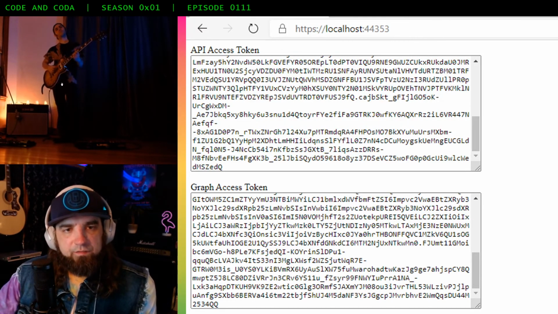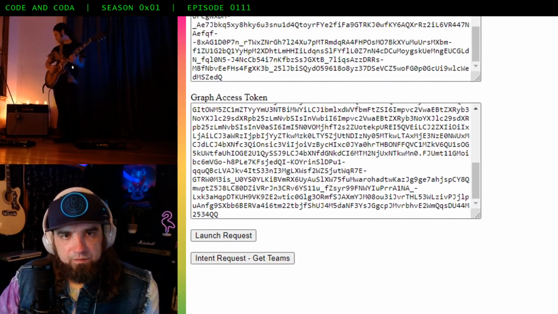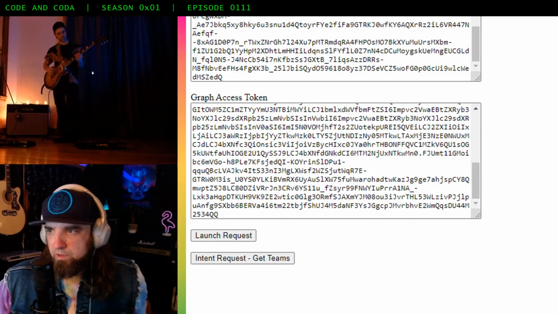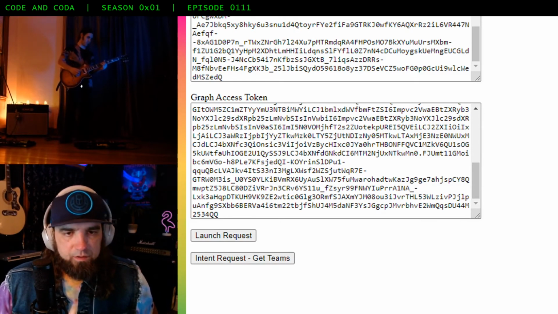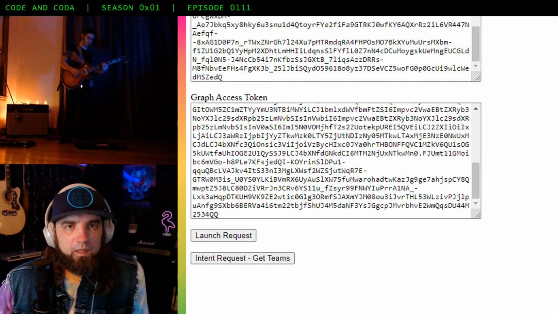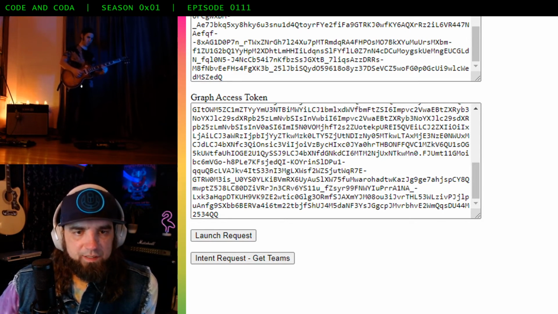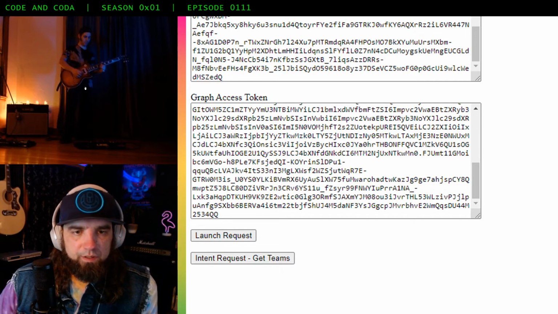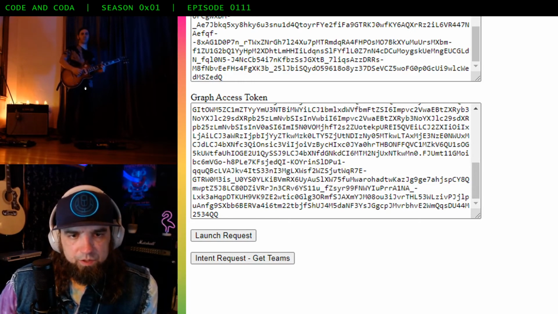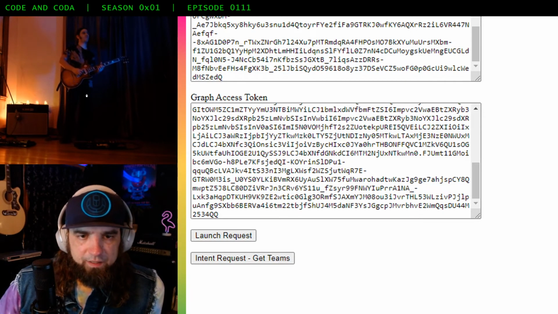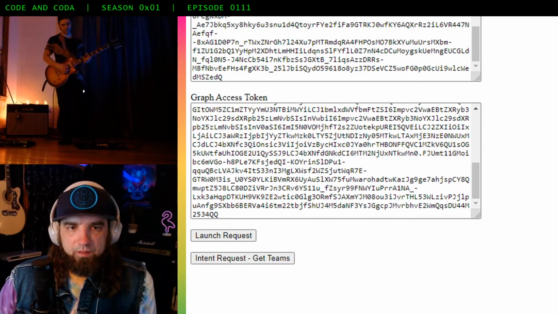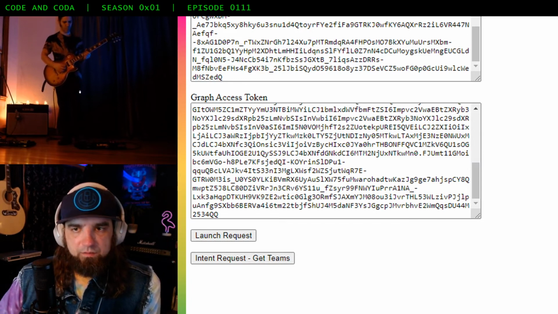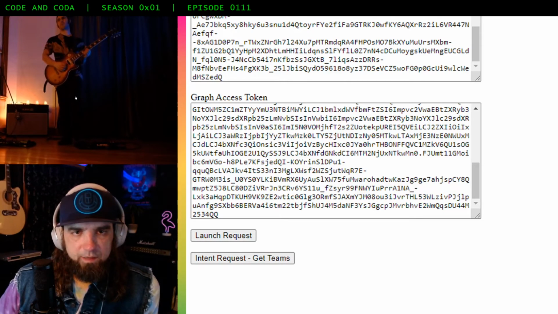I've added a second field here for the graph access token, which changes more frequently than the Amazon API access token. And in order to run an intent request, I've created a second button here, which launches an intent request via JavaScript rather than a launch request. We'll get more into that JavaScript in the next episode.